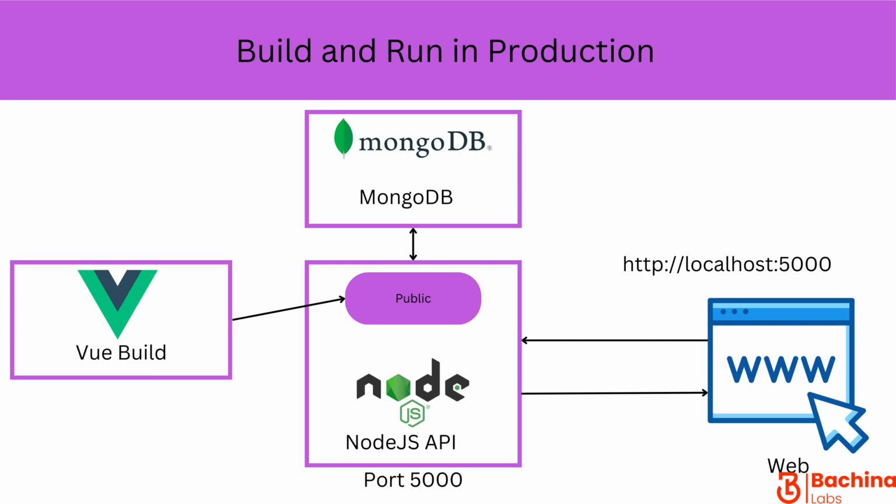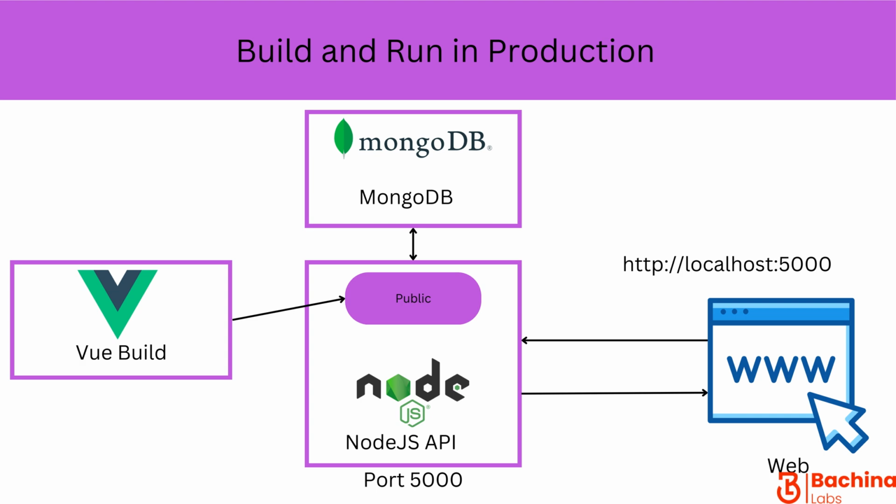So the first change is you have to build your whole front end UI, and you have to take those assets and put them in the public folder of the Node.js API. So when your Node.js API is running on port 5000 and the browser hits port 5000, your Node.js API serves the index.html, which is the single page application of your front end UI, and when you load that index.html, which is a single page,